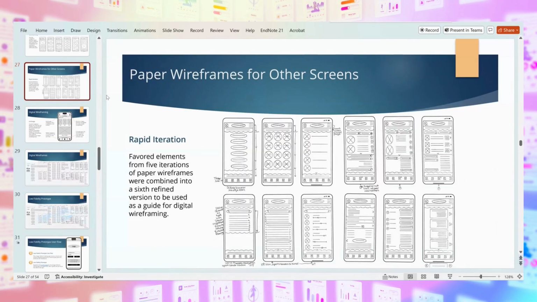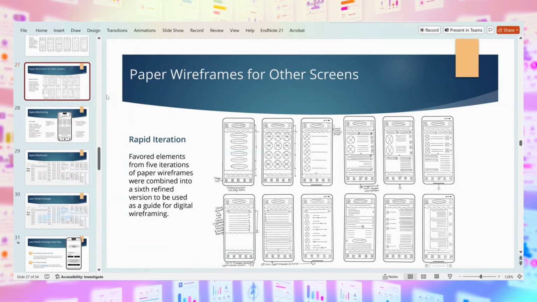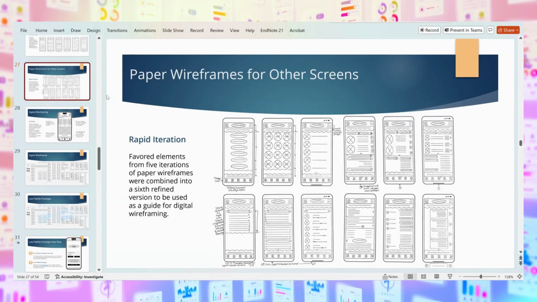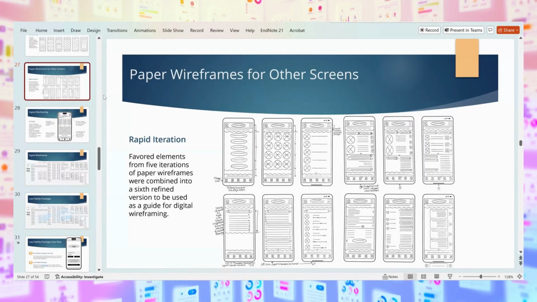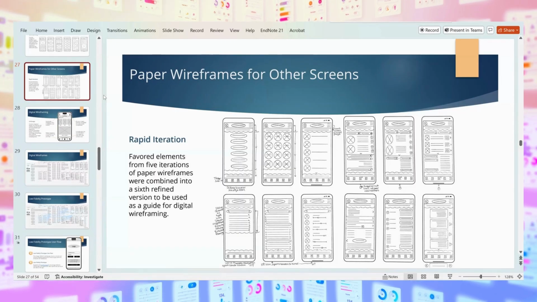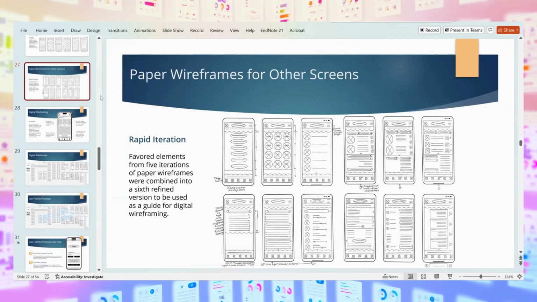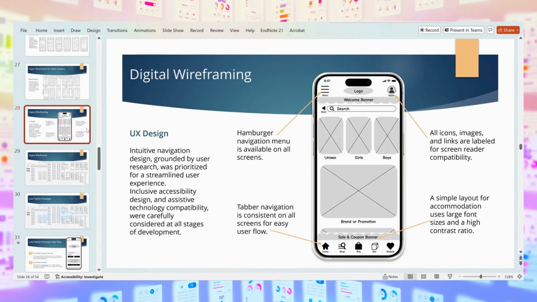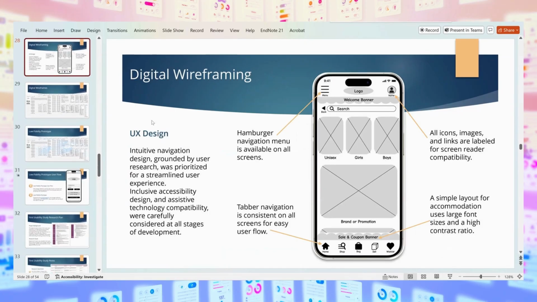Then rapid iteration, you take some of the best, and then you're like, look, I like this part best and this part here. And you kind of circle really what things you like. And if you're working on a team, that's really great because you can say, we really like this part on this person's and this on the other, and really kind of formulate what your next digital wireframe will be. And that's what you do in Figma or Adobe XD. Really, Figma is the most popular right now by a gigantic majority because they're kind of phasing out XD. They're not supporting it anymore.